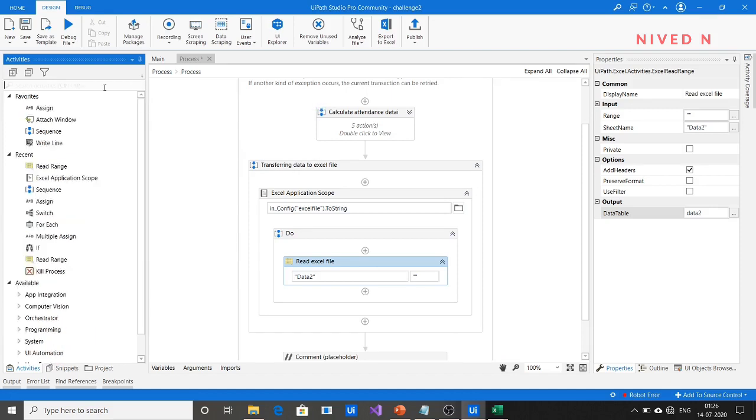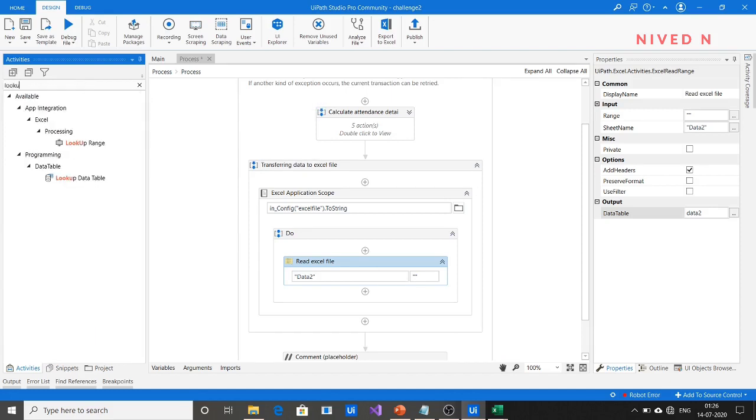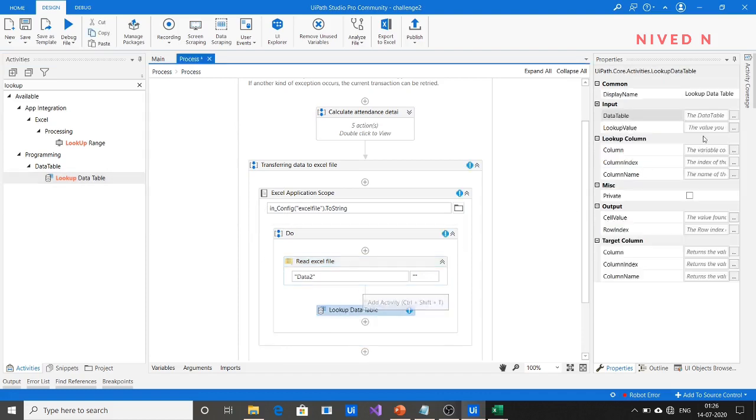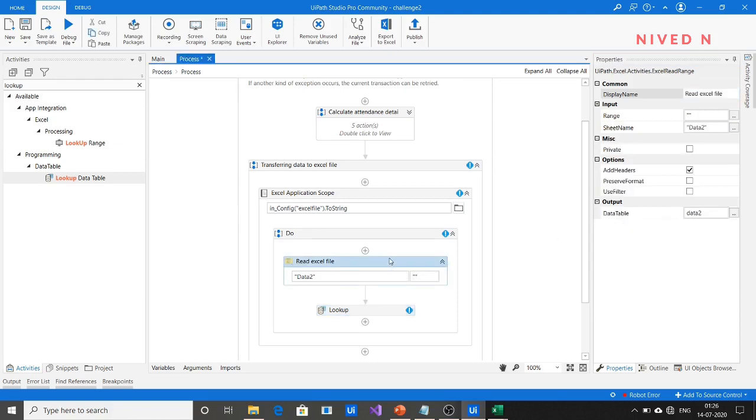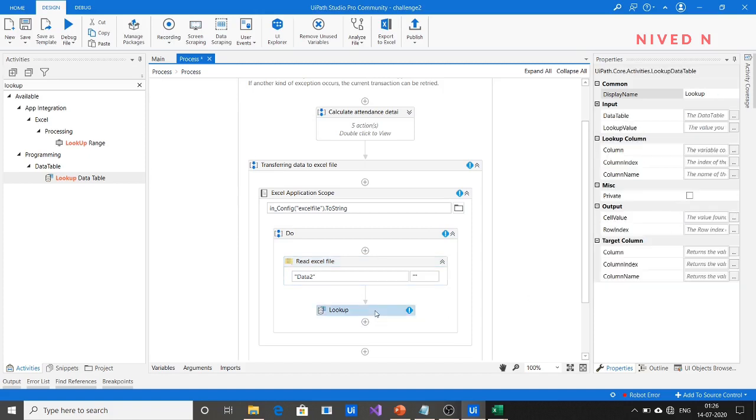So just look for the lookup data table activity. So you have to use. So here what we have to do is look for the employee name in this data2 data table and output the corresponding row index value. That is what we have to do.